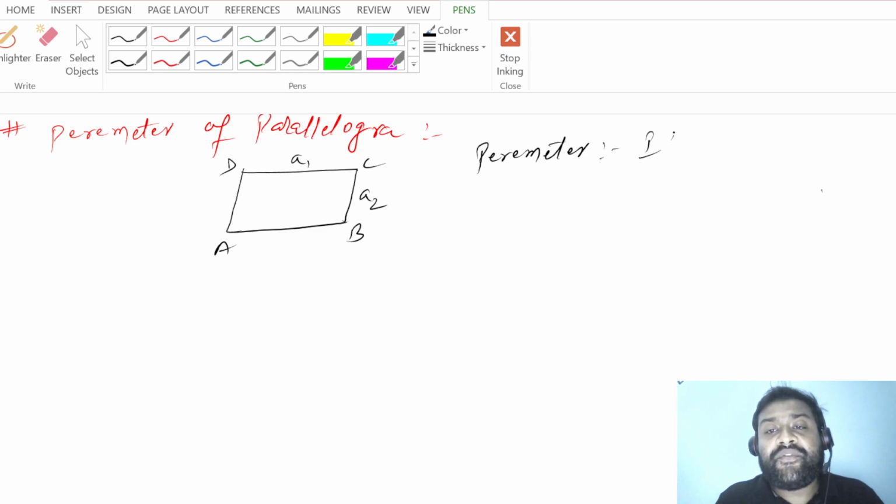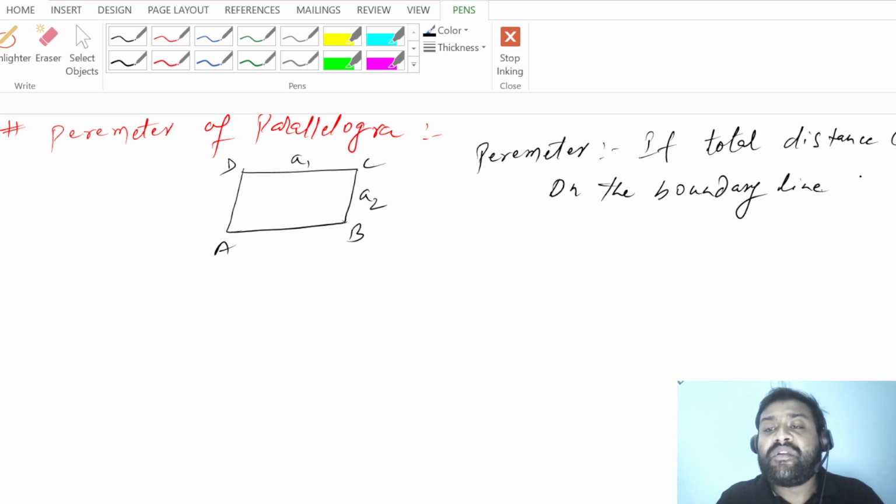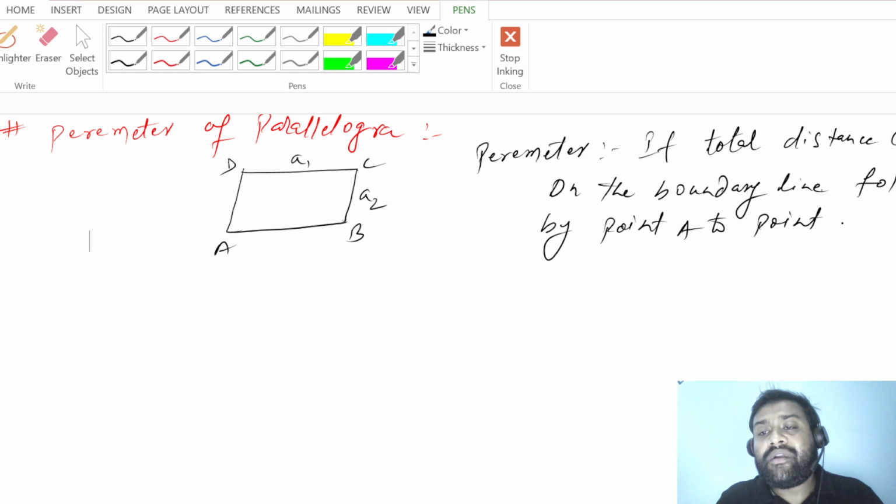Perimeter is the total distance covered on the boundary line, from point A to point D, that is A to B plus B to C plus C to D plus